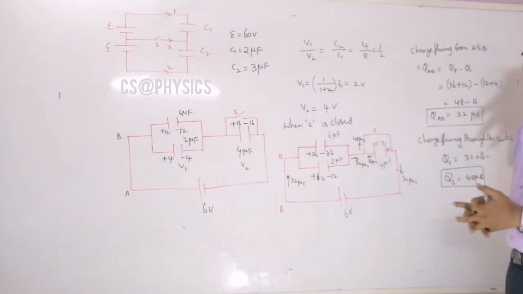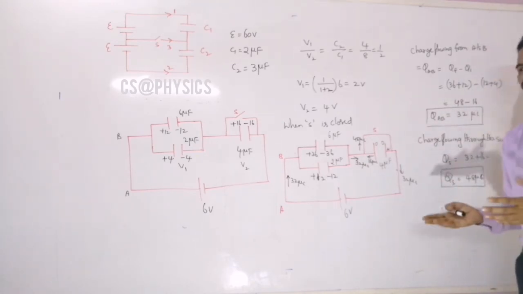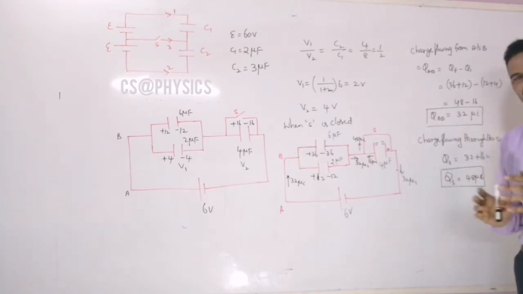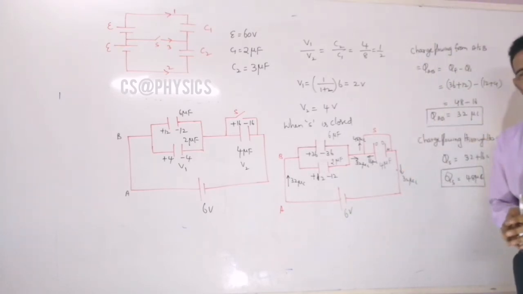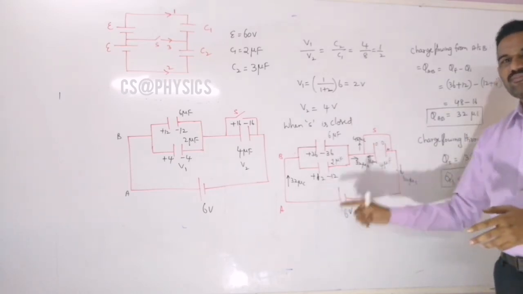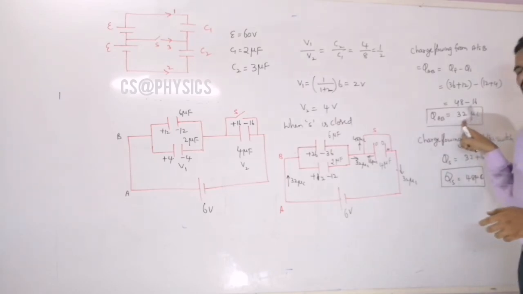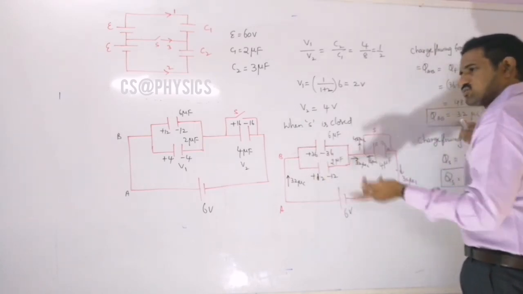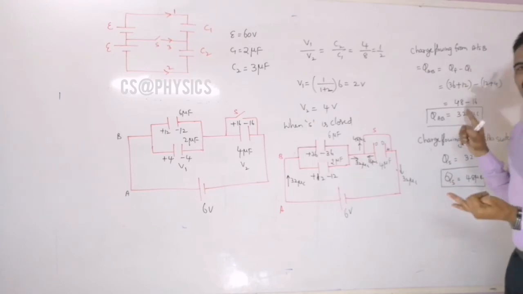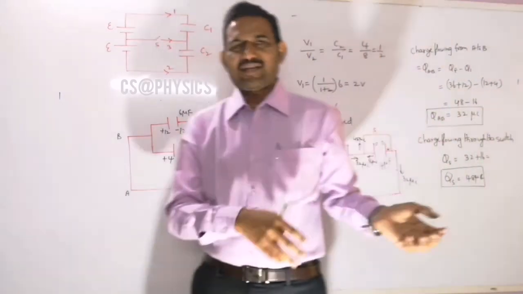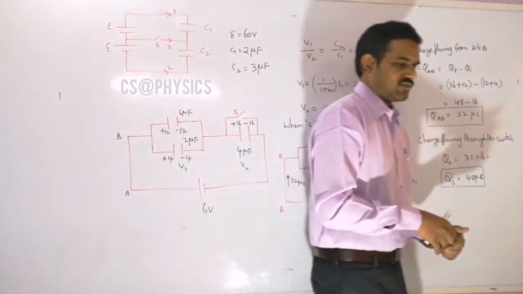And in this, sometimes they may also ask for the heat produced. So heat produced means again write the initial and final energies. Initial energy you can calculate in each capacitor, and final energy also you can calculate in each capacitor, because we calculated the charges and potential differences. And we already know the additional charge flowing from this battery is nothing but 32. So then 32 times the battery emf is the work done by the battery. Positive charge is coming out here, so the work done by the battery is positive only. So by calculating initial energy, final energy, and work done by the battery, you can calculate the heat produced in the circuit also. So do that calculation, the heat produced in that circuit, right?